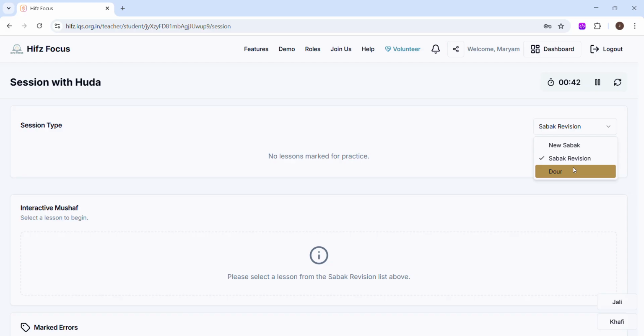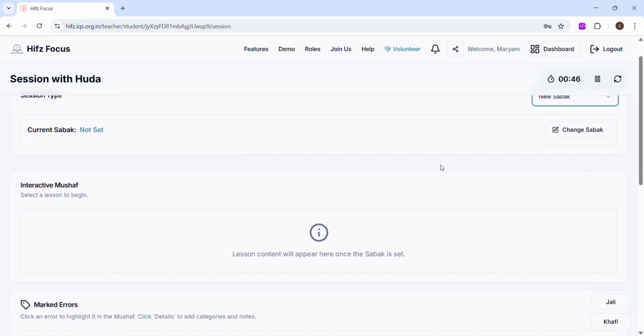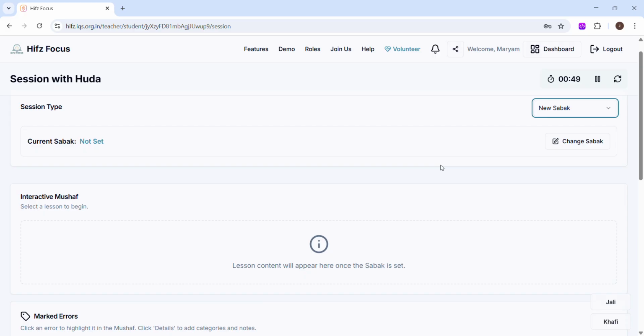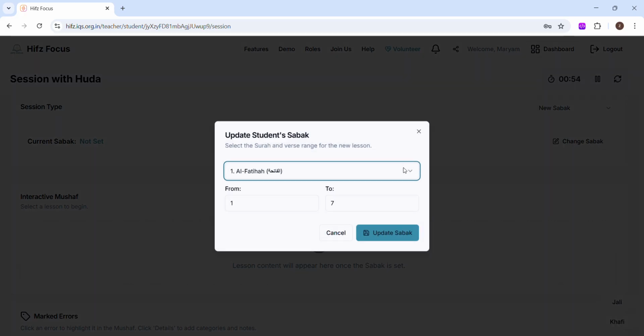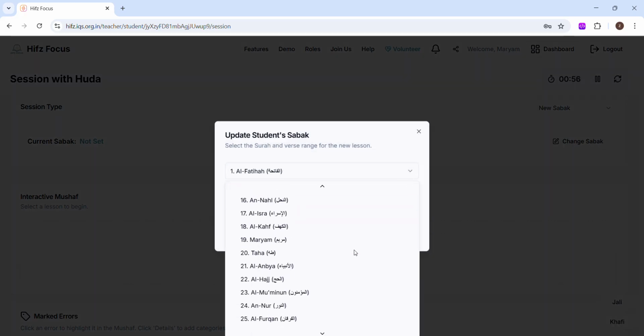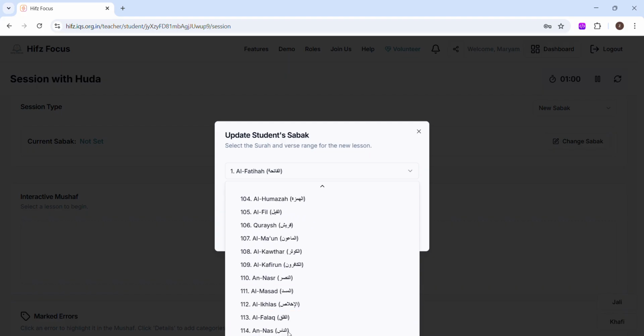So first we will see how we can add a new sabak. We will click over here. As you all can see, currently no new sabak has been set. So we will click on change sabak. Here we can select any surah. For example, let's select An-Nas,